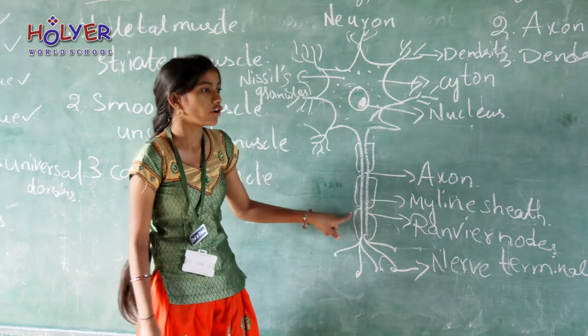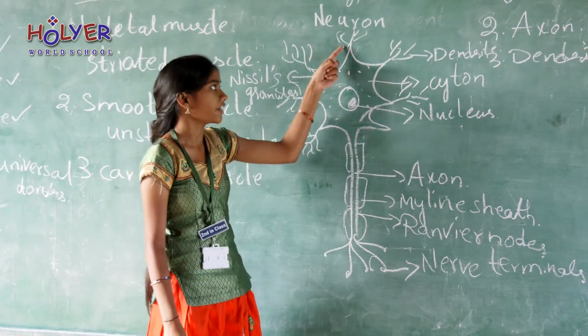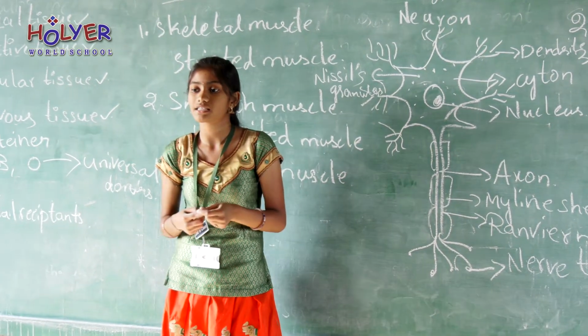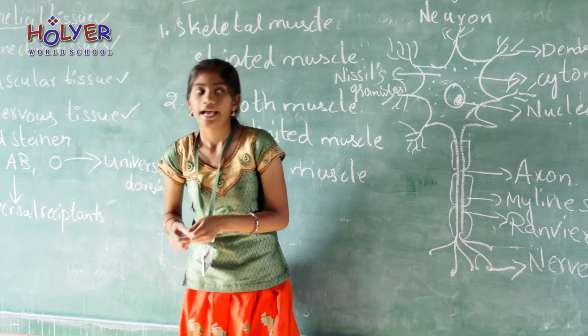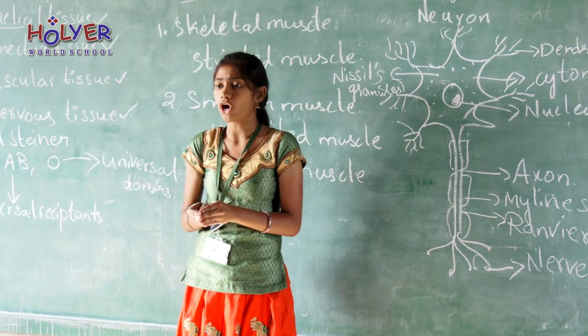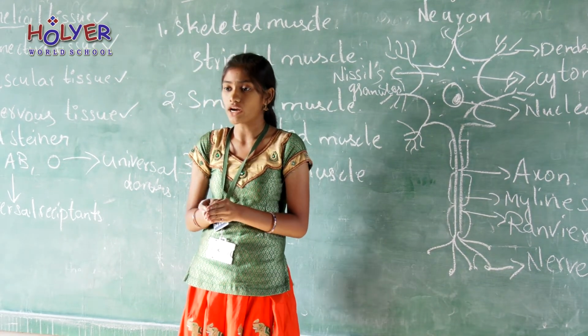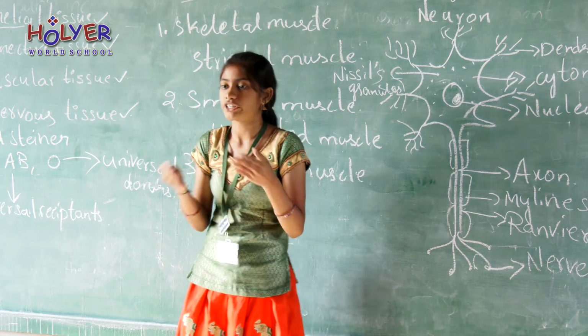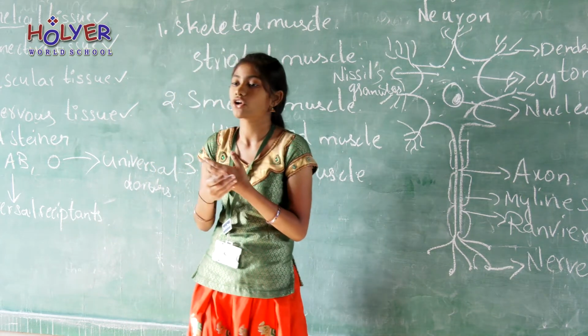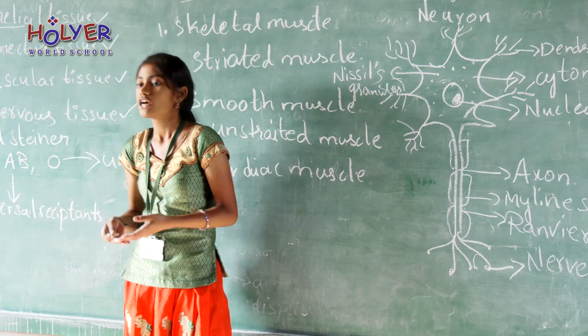The axon of one nerve cell connects with the dendrite of another nerve cell to form wave-like structures and passes the messages in our body, and this is about nervous tissue. And finally, each and every organism is made up of organs, and these organs are made up of tissues. So if there are no tissues, there are no organs, and if there are no organs, there is no organism. So thank you for